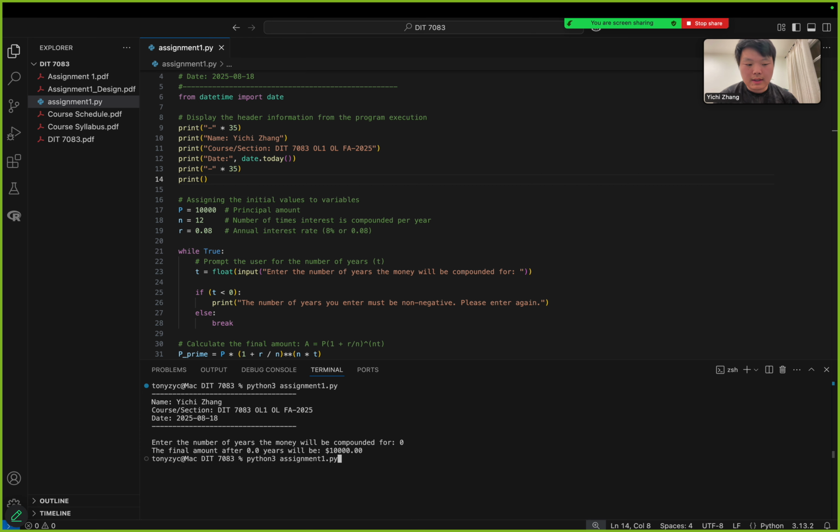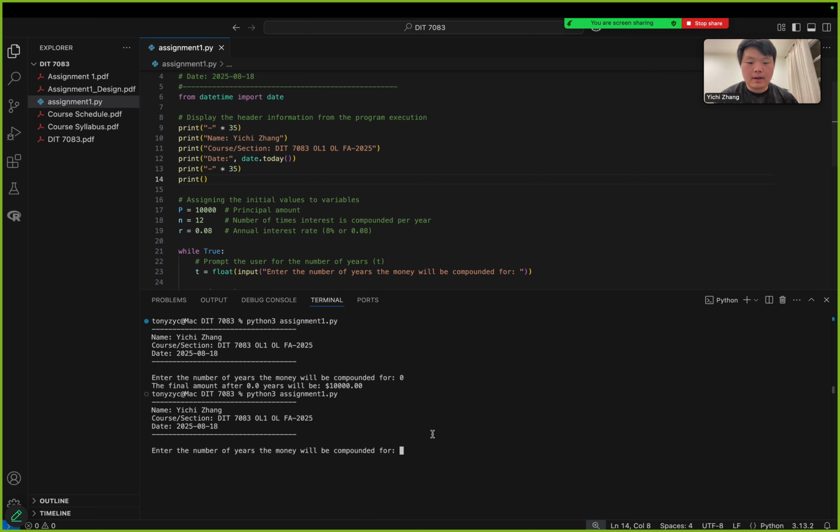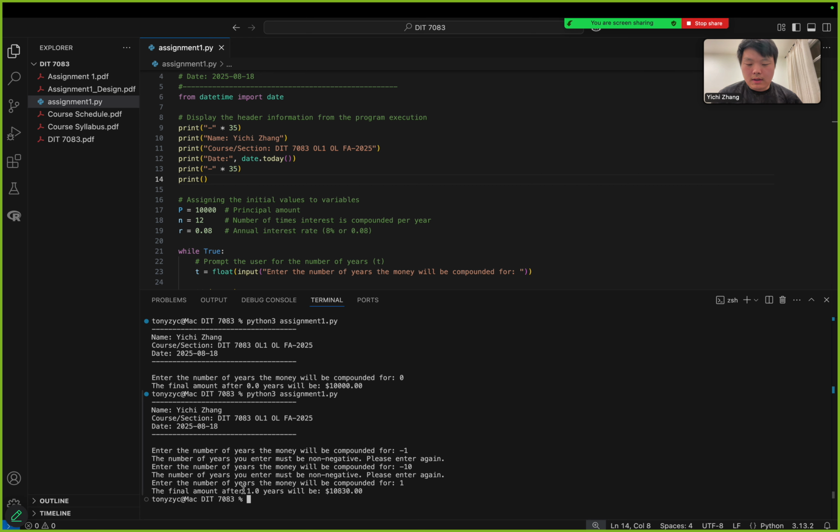Okay, let's do that again. As I mentioned, if we enter a negative value, the program won't accept it and asks the user to input again. So let's do that. -1, and you can see that it says the number of years you enter must be non-negative, please enter it again. Let's do it again: -10, not working. And if we say 1, now the program will output the final amount after 1 year,